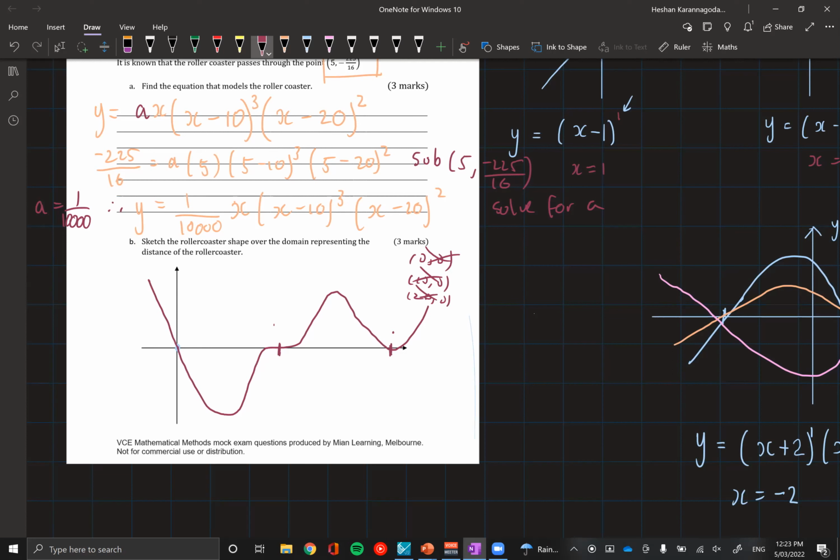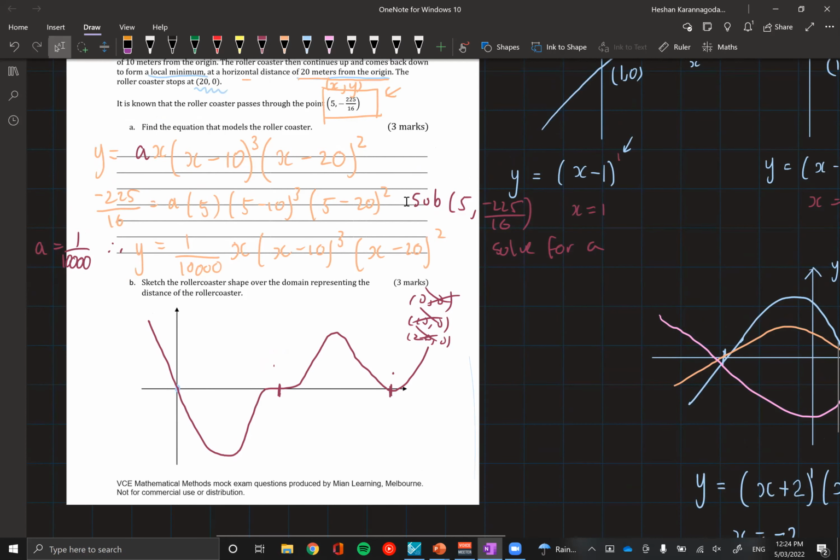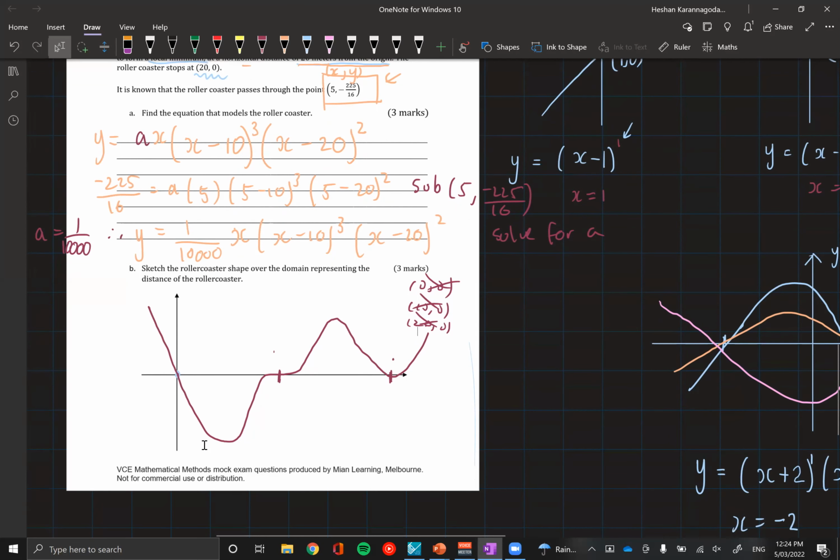So that's why it provides us with the external point that's outside of them. It kind of gives you the stretch. Because obviously, you can't determine the stretch if it's lying on the line. So all these values that we substituted in, they're intercepts, so you can't use an intercept to find a dilation factor. And if you look at this anchor point here, it's 5 comma negative 225 on 16. It's non-zero. Exactly. So it's a point which is somewhere over here, right? That is the point that we're going to use to find our dilation factor.